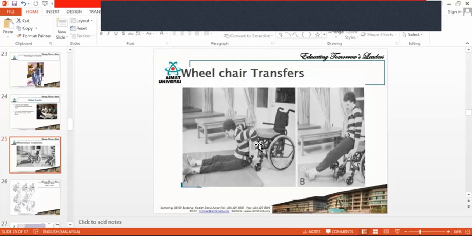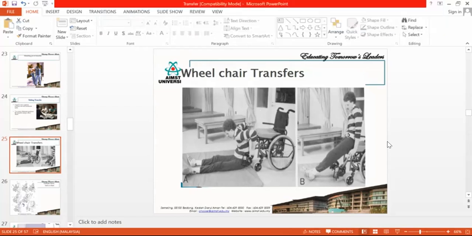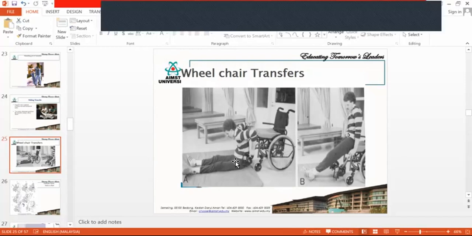If the patient's one hand and one leg is affected, then you cannot do this, you have to choose some other type of transfer. So depending on the neurological problem, there are many types of wheelchair transfers. The complete types you will be learning in your Neuro 1. This type of transfer is only for people who have both legs affected. So here they will not be able to weight bear in the legs.